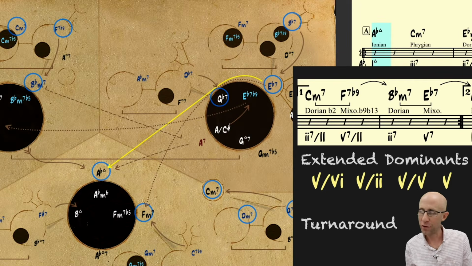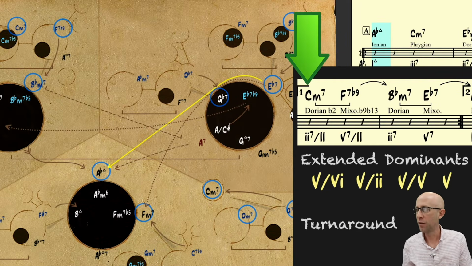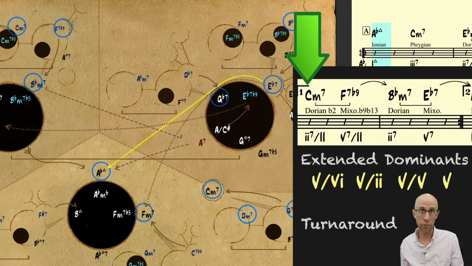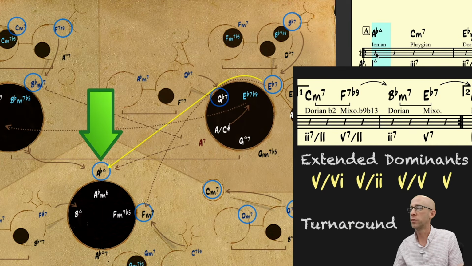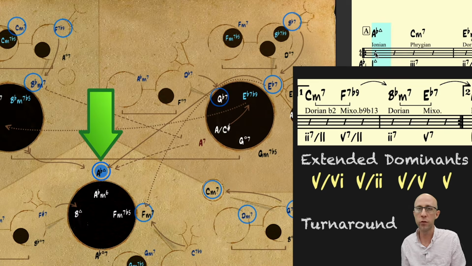So the next reharmonization is found at the first ending. And so before we talk about that, let's see what's going on in the first ending to begin with. And all we have is a turnaround. So what Garner was probably doing here is basically considering the target, which is the A flat chord back at the beginning of the chart.